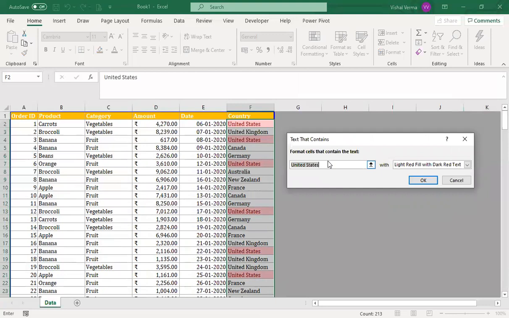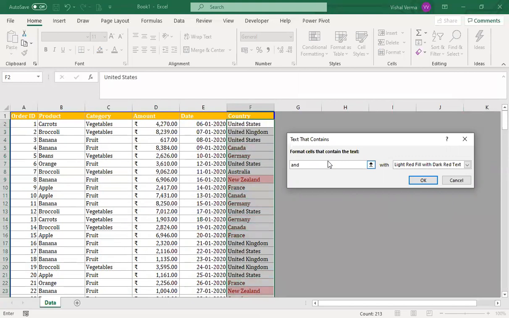We can change it to Canada, so everywhere it is written as Canada will be identified. But what is happening here is that if we select "an", then "an" is there in Germany as well as in Canada, France, and New Zealand. So it is selecting all of those.